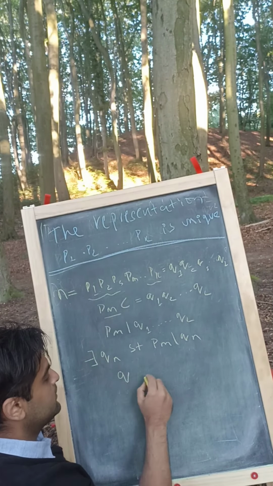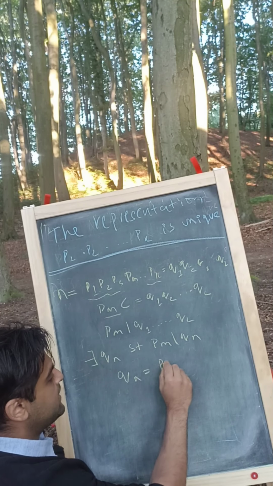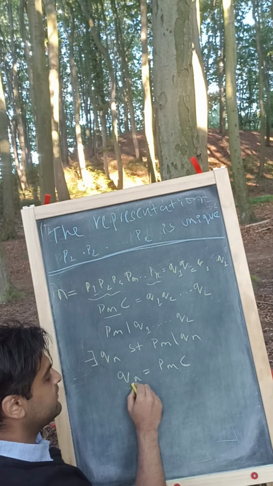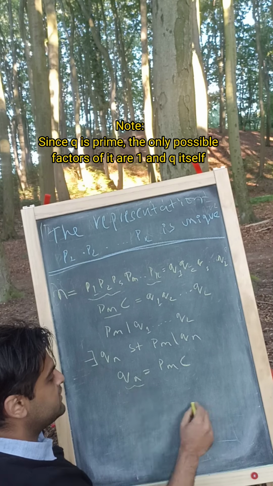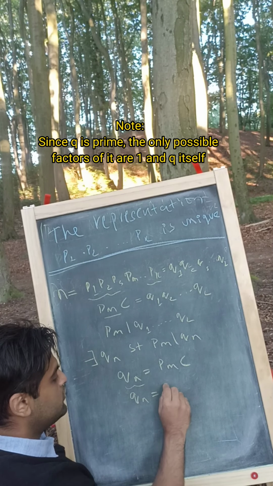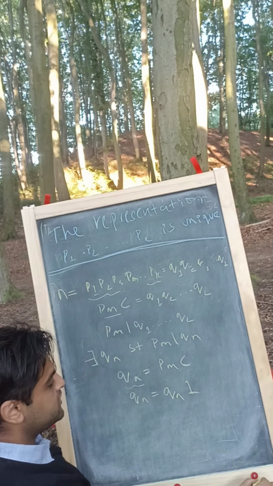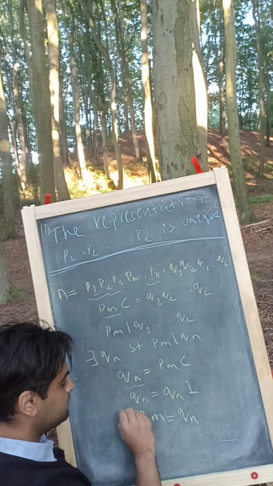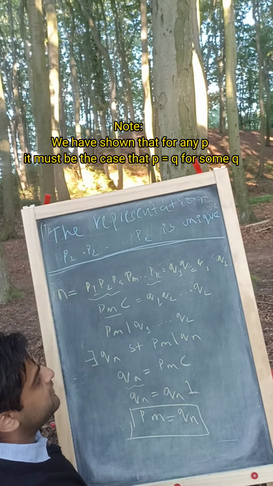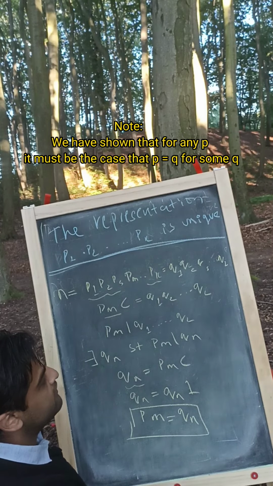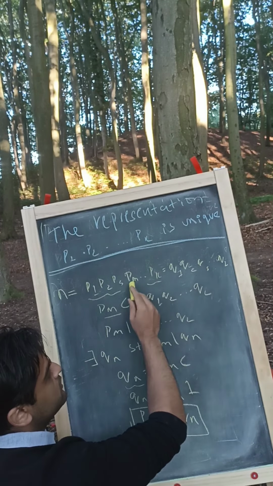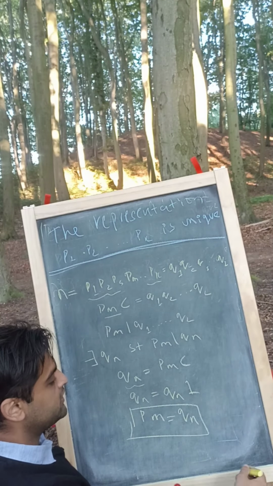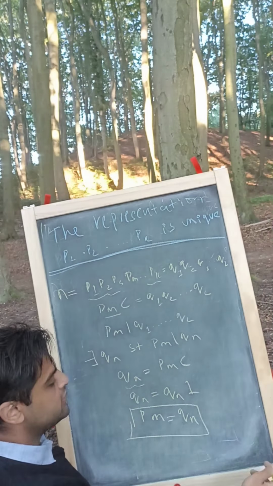But that would mean that Qn can be written in the form Pm times some constant c. But since Qn is itself a prime number, we know that the only representation of Qn is equal to Qn times 1, which implies that Pm must be equal to Qn. And by a similar argument, we can show that every element of this set is equal to some arbitrary element of this set, and by doing that we will have then shown that these two sets are equal